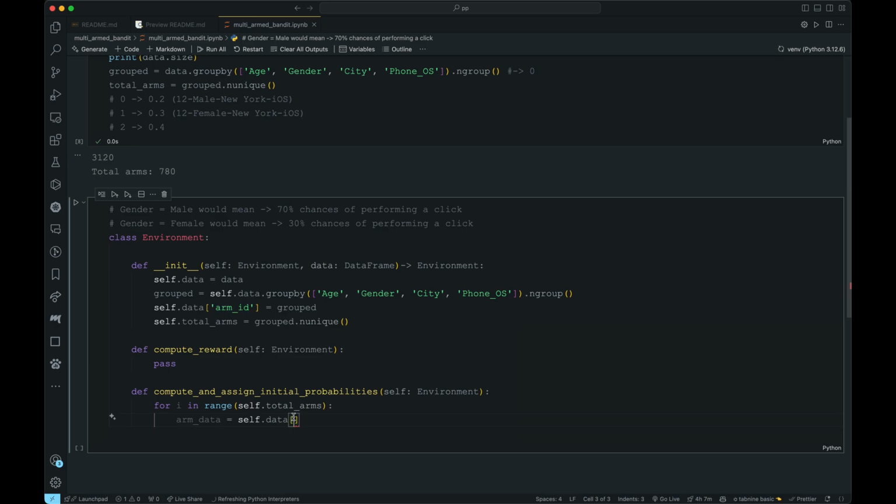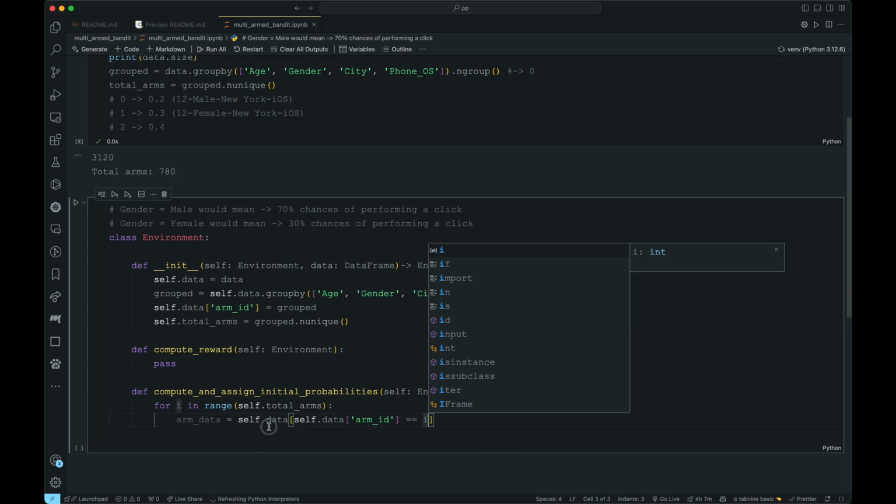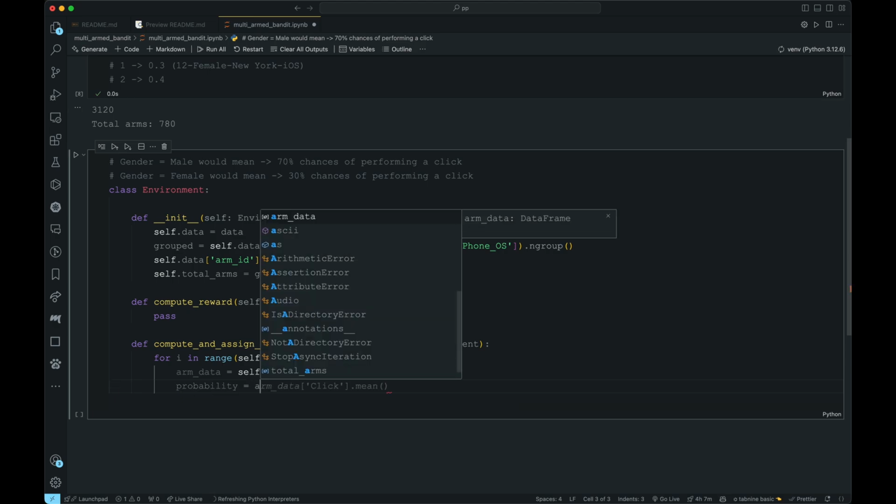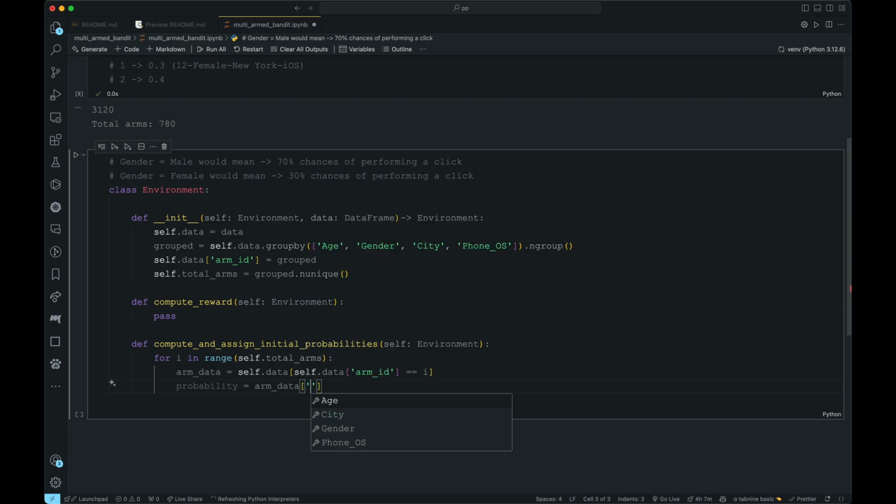And here what we will do is we will capture all such data. So self.data of arm_id double equals to i, meaning give me all the data which is belonging to this particular arm ID. Okay, now from here we can compute the probability equal to arm_data where gender equal to male, and we want to take an average of all these, so dot mean,